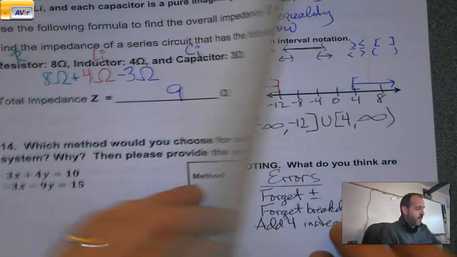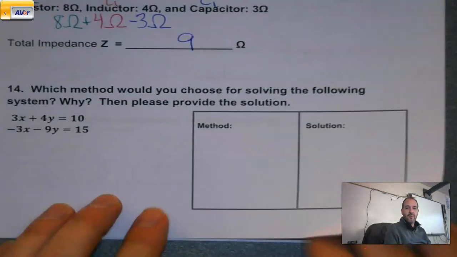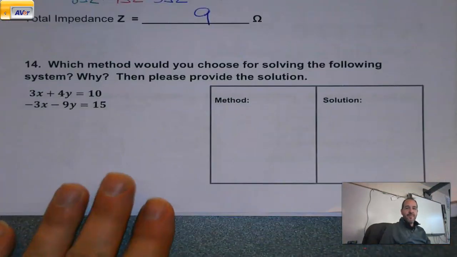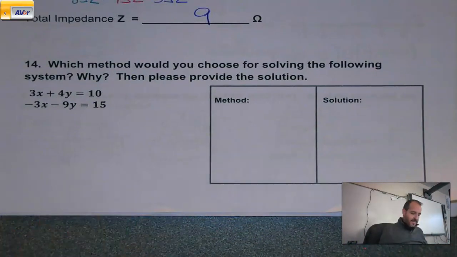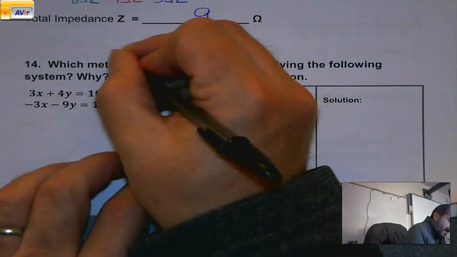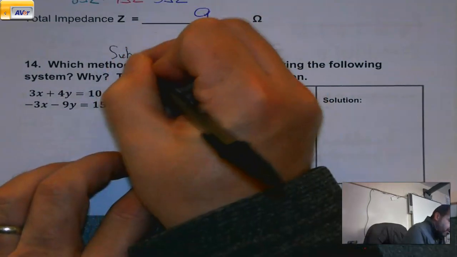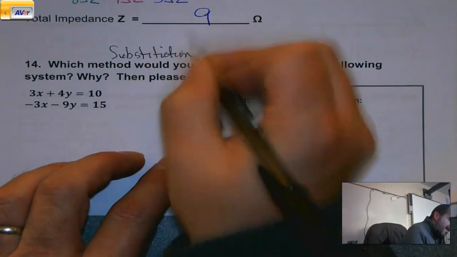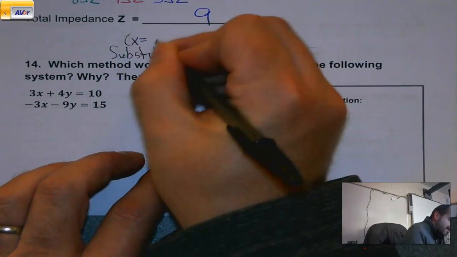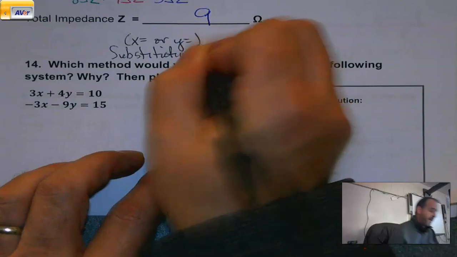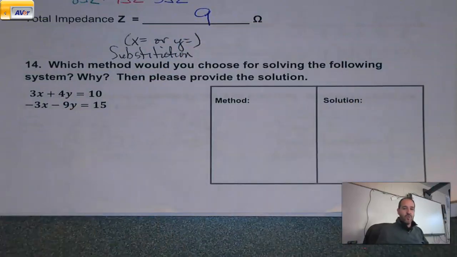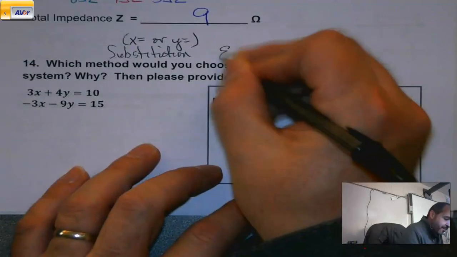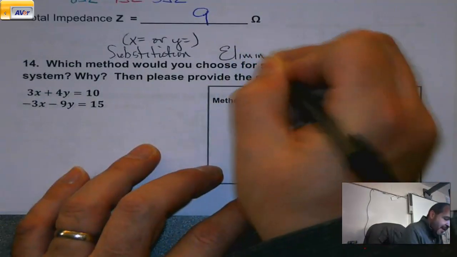And to wrap up, ladies and gentlemen, our post-test preview. Which method would you choose for solving the following system? You're like, okay, what choices do I have? We have substitution. Okay, we use that if there's x equals or y equals in one of the equations, but I don't see just x or y equals. So this one doesn't look like substitution. Elimination